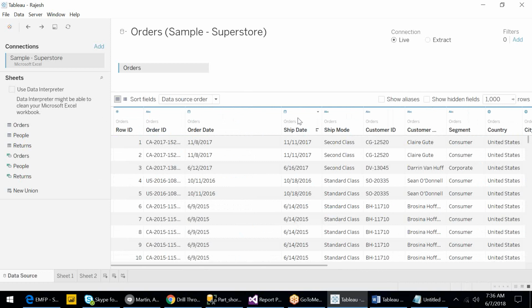And ship date is also date. And next is ship mode, customer ID, customer name. So it is by default date. Ship mode is ABC. Customer ID ABC because it is alphanumeric text. ABC, ABC. And country. When you come to